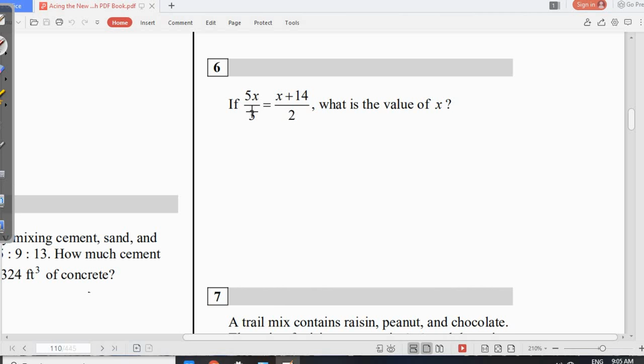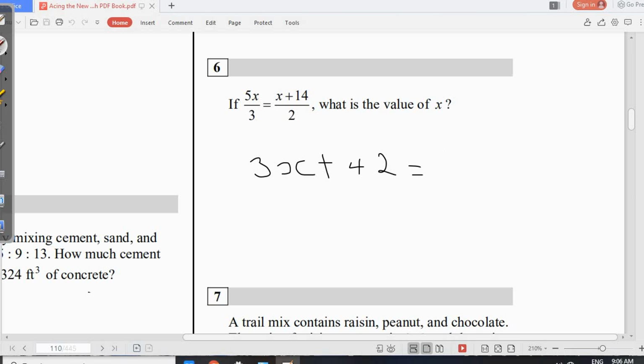But let's look at it. 5x over 3 equal to x plus 14. What is the value of x? So what we do here is we first of all multiply everything. We crisscross this, crisscross it. Just crisscross it. So this will give us 3x plus 42